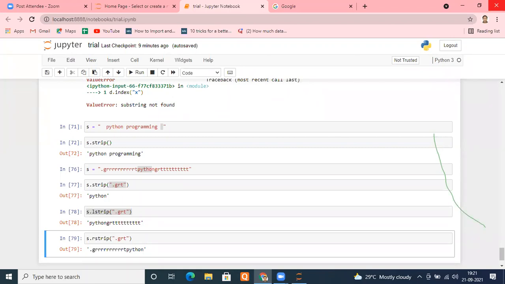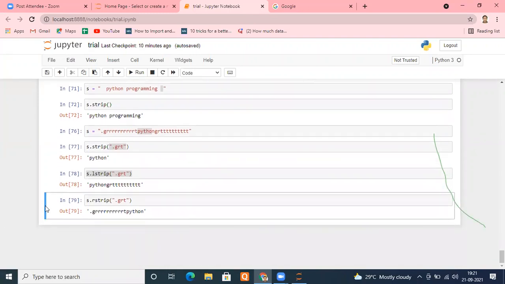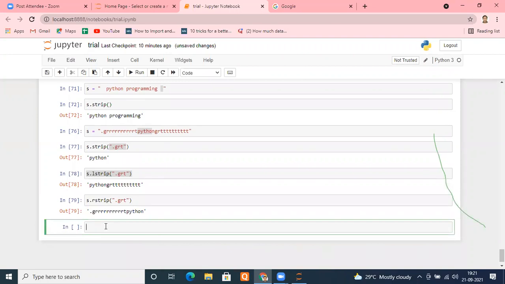Now, next move to the other function. Suppose I'm typing a string, let's say s is equal to "hi how are you". This is a string.